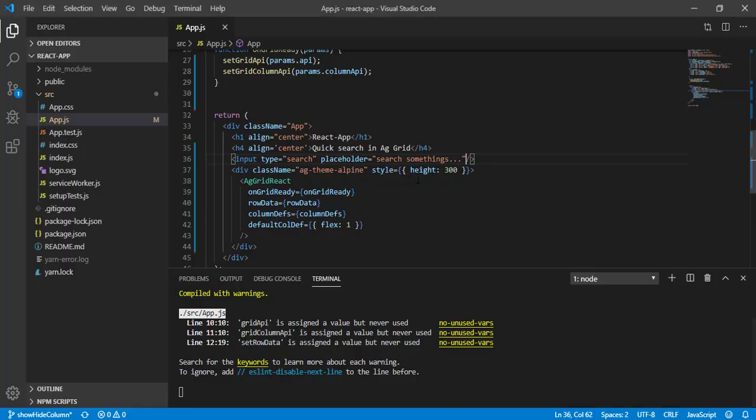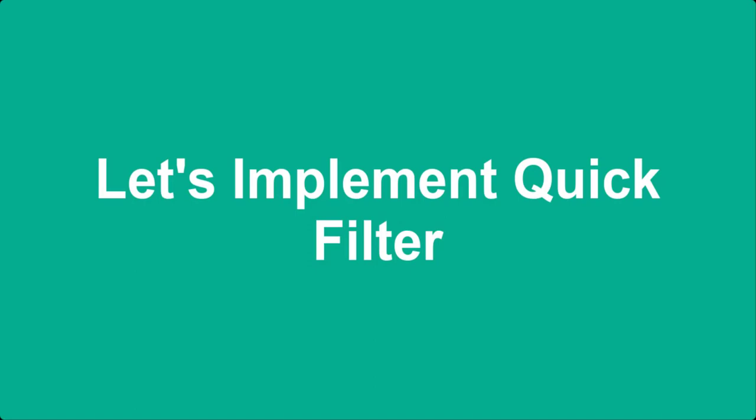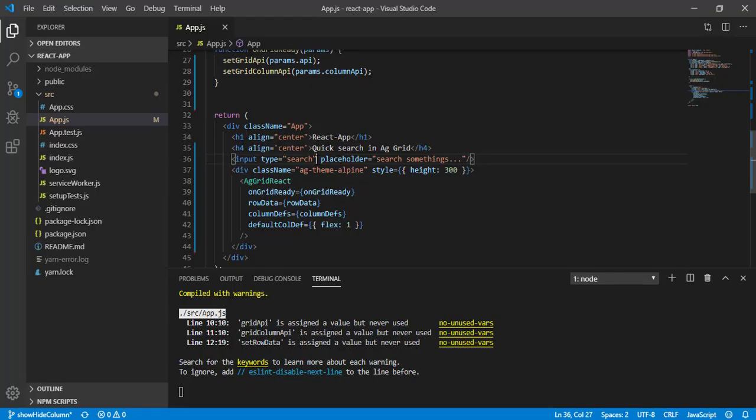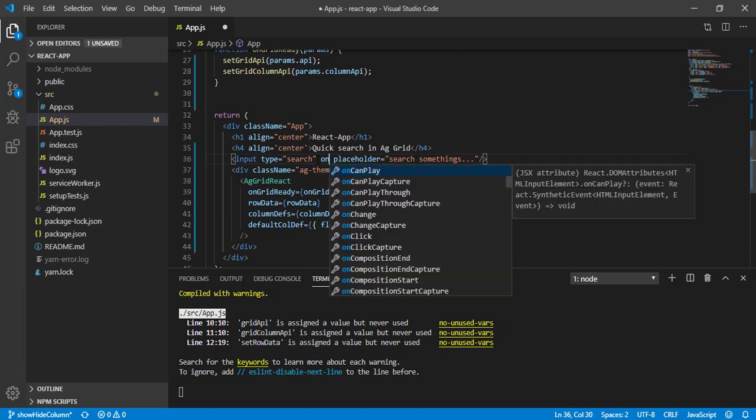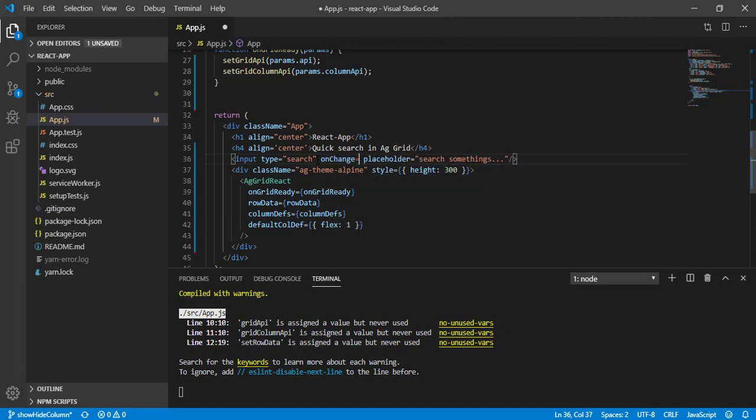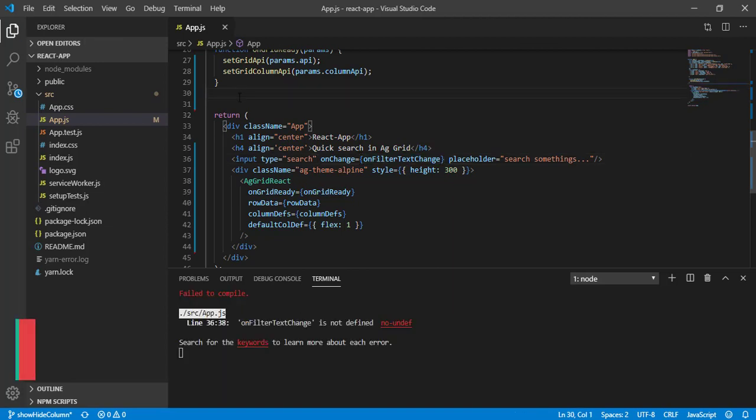So now we need to implement our filter. Let's do that first, and after that we will give a styling. Let's handle the onChange event. Here let's call a function, call it onFilterTextChange. This function doesn't exist, so let's create this function here.